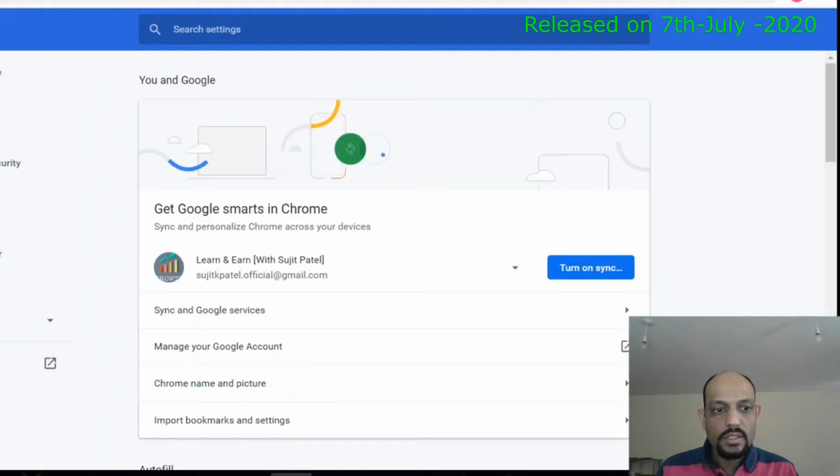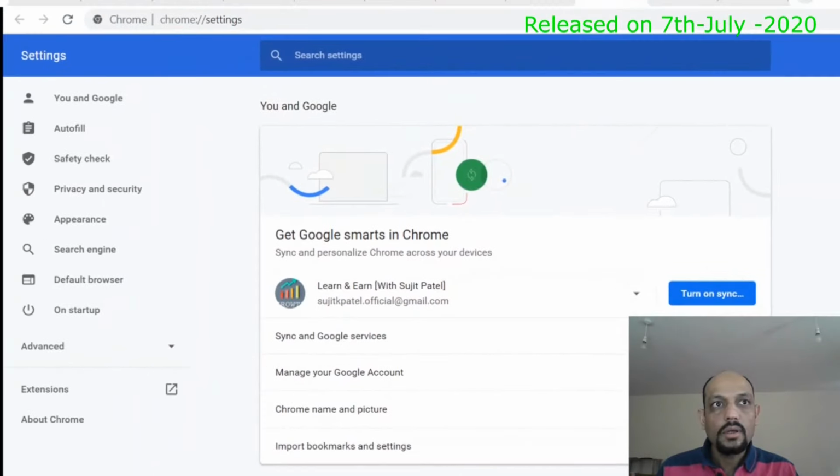Click on extensions here. I'll just drag a bit so that you will be able to see.